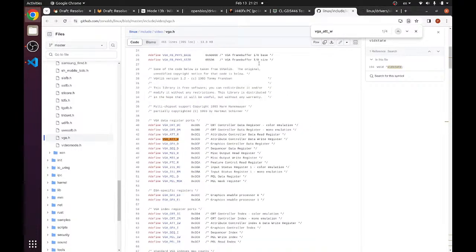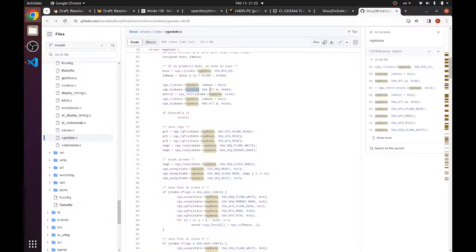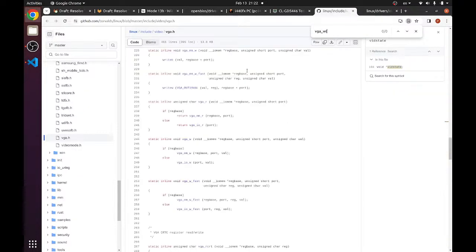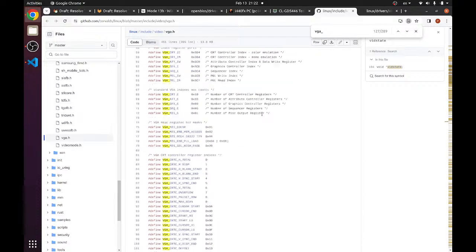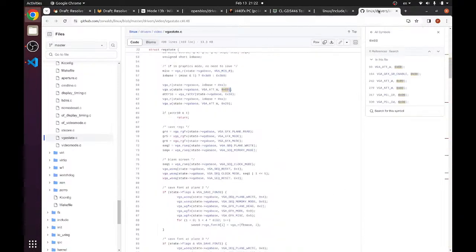What is that? Attribute controller, data write register. Okay, so we're going to write to the attribute controller. I'm a little confused by this. VGA write port value. Don't we need to provide the index? Okay. Anyway,